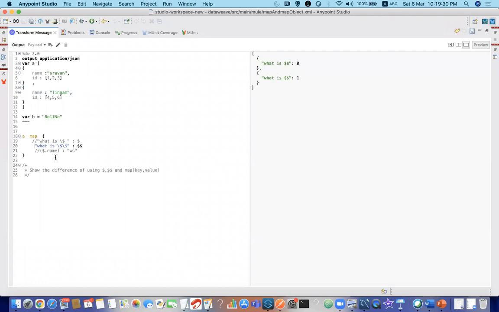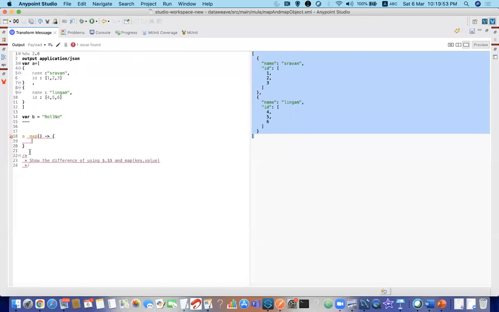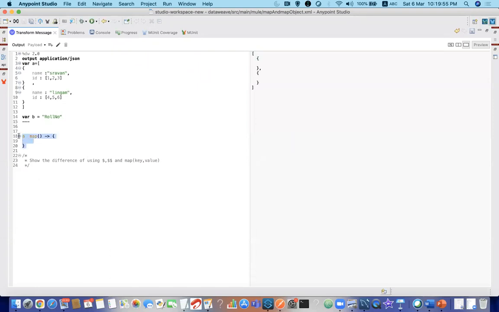Next, this I have shown you how to call dynamic keys. Let me remove this. Now there is another syntax to define for map. What is that? Now I'll just remove this and keep dollar. This is giving the whole payload. Next thing is we can pass some arguments. Just remember this structure, for now please do remember this structure for map or map object.